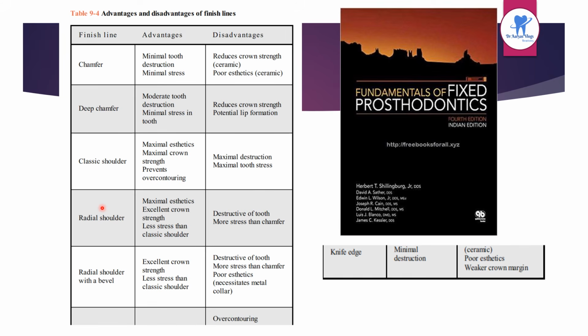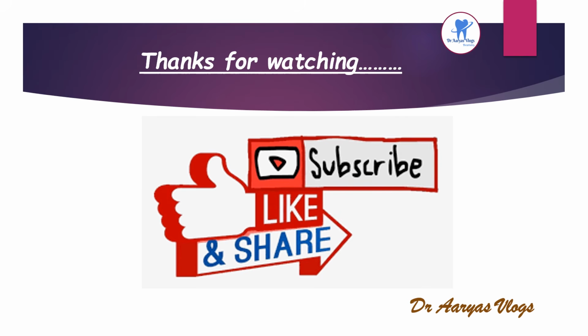Radial shoulder, maximal aesthetics, excellent crown strength and less stress than the classic shoulder, destructive of tooth, more stress than chamfer. Then radial shoulder with a bevel, excellent crown strength, less stress than classic shoulder, destructive of tooth, more stress than chamfer, poor aesthetics, it necessitates the metal collar. Finally knife edge, it is minimal destruction and the ceramic over contouring, then poor aesthetics and weaker crown margin. That is all about the finish line